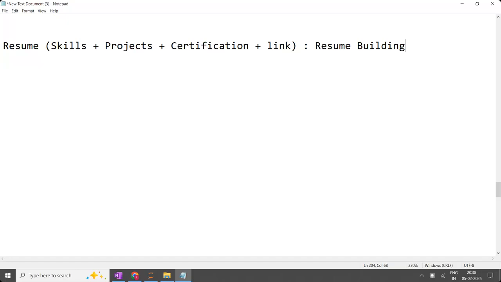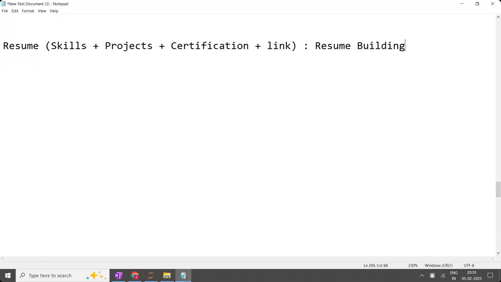Right? So after understanding the course, after completing the topic, then you have to write that in the resume. So automatically, resume building will be the last. By the end of the course, it will come. So in the class, what will come is concepts.